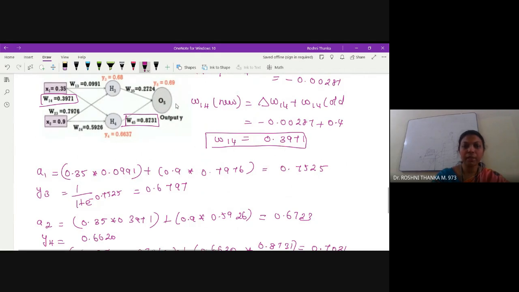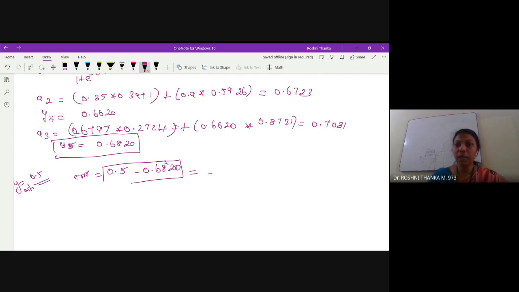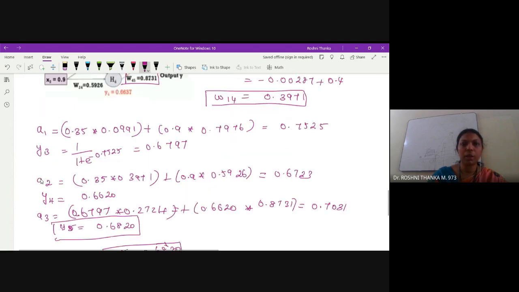Okay, and now again, what is the actual output value? The actual output value is 0.5. If you find the error, the actual value is 0.5 and the predicted Y value which you got is this. So you will get an error value here, right? Based on this error, since we have error, once again you have to go backward and update the weight until you are satisfied with the output. You have to iterate this